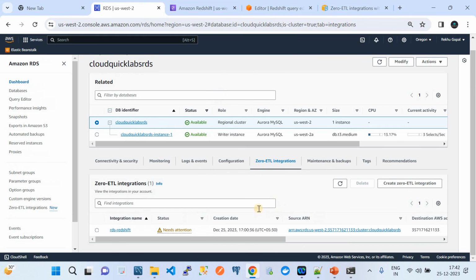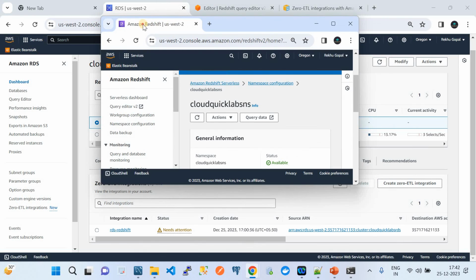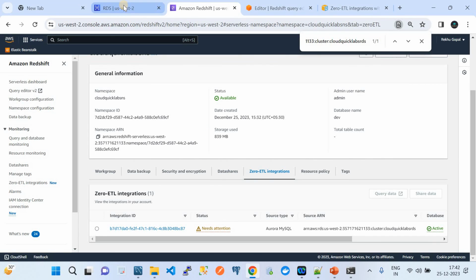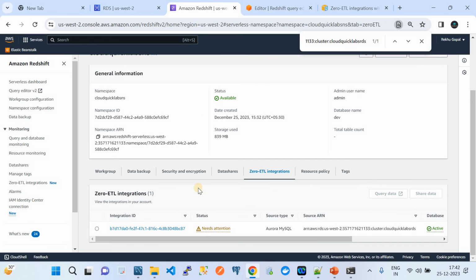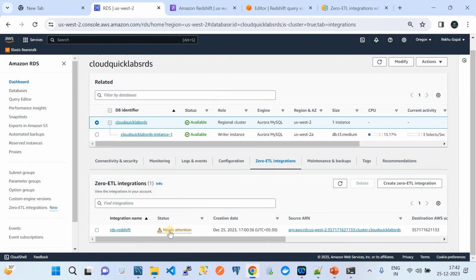You see, whatever configuration you do here, or from the Redshift cluster side, it will appear on both sides. On the source side, it says this is the source and this is the destination. On the destination side, it says this is the destination and this is the source. All right. So with that said, once the configuration goes to a status like available,